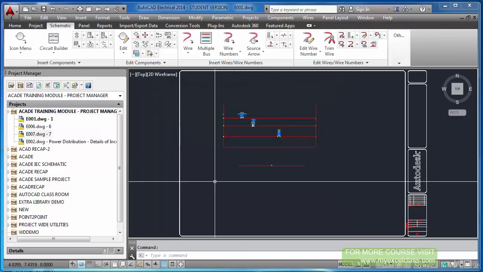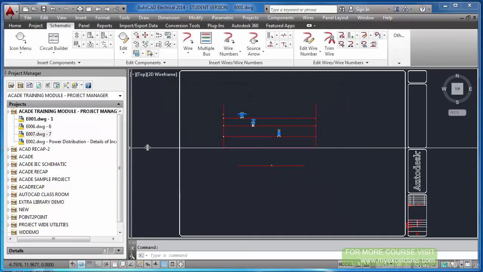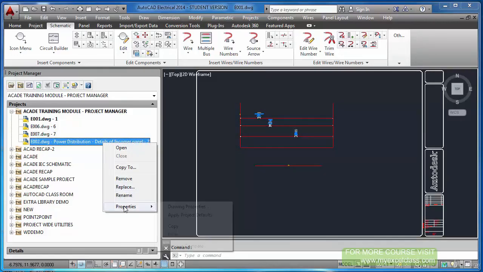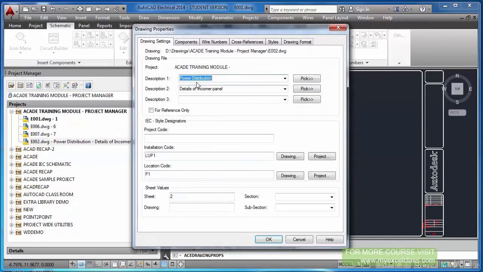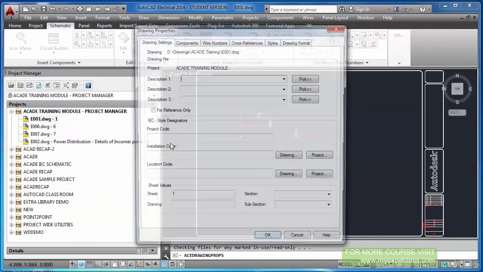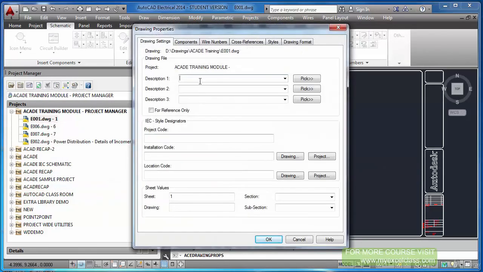Okay, now you see, you must remember, for one sheet I have given all the details. Do you remember here, power distribution details of incomer panel? That detail is here now. So that is the advantage of giving descriptions for individual drawings. You can identify.